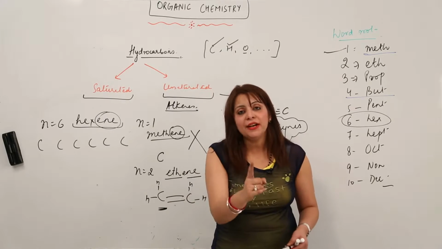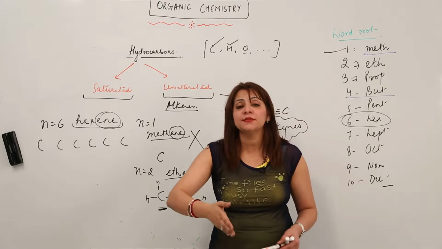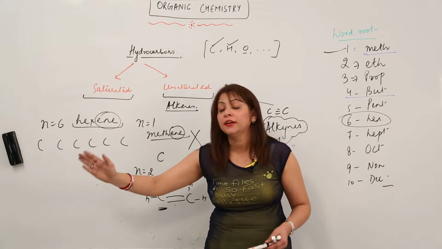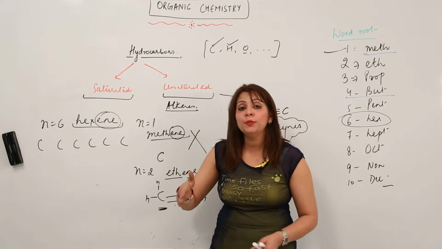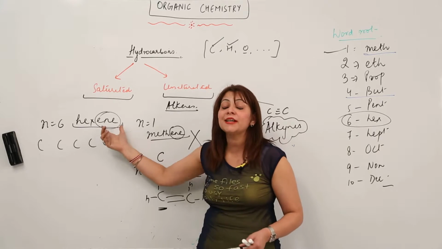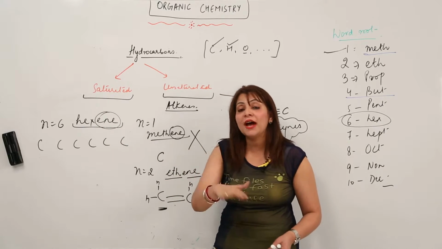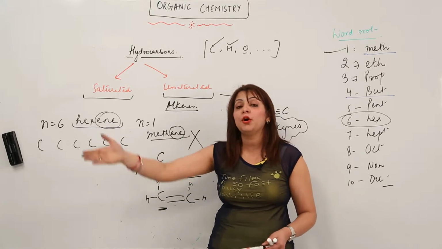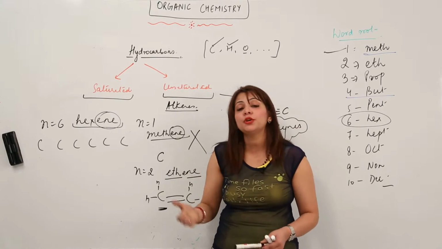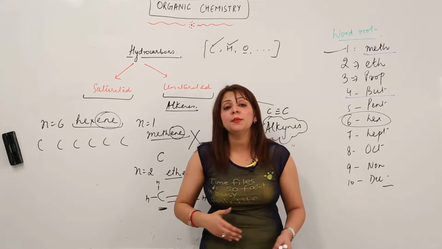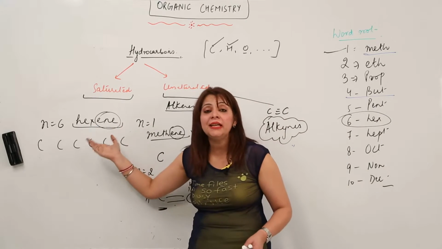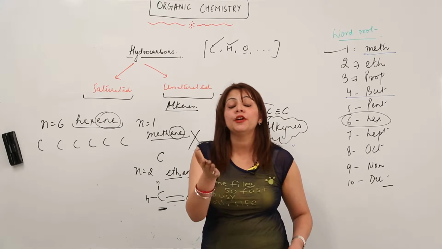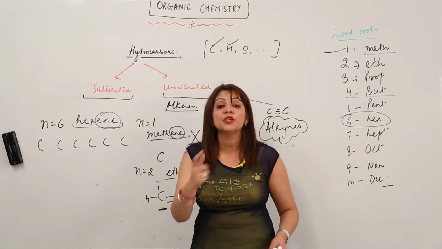There is only one double bond, and try to fix its position at the corner, whether at this corner or that corner, because at this moment you don't know what this ene means. Actually it is one ene. If you have 2 ene, you have to put the double bond at the 2 position. If it is 3 ene, you have to put it in the 3rd position. That we will take up when we do IUPAC, but for this moment, whenever you see hexene, that means you have to put it on the carbon with the minimum number, that is the first one.